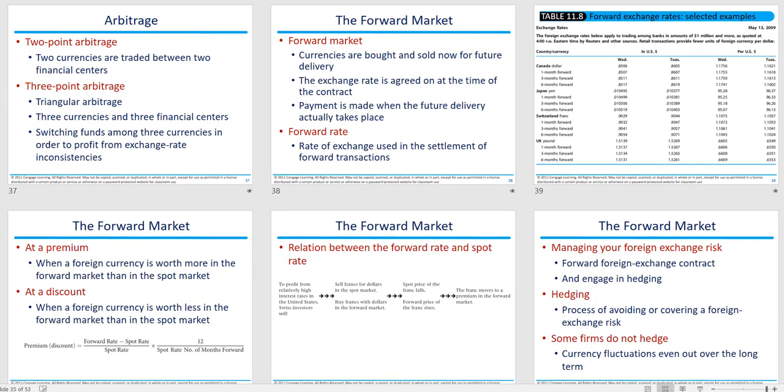Then Kerbau proceeds by illustrating how to do arbitrage, the concept of 2-point arbitrage and 3-point arbitrage, which I will do a numerical example to illustrate. In that example, I will also cover the premium and discount in the forward market. Now let's talk about the 2-point and 3-point arbitrage described on slide 37. So we're going to do the more complex one, which is the 3-point arbitrage, to illustrate it.